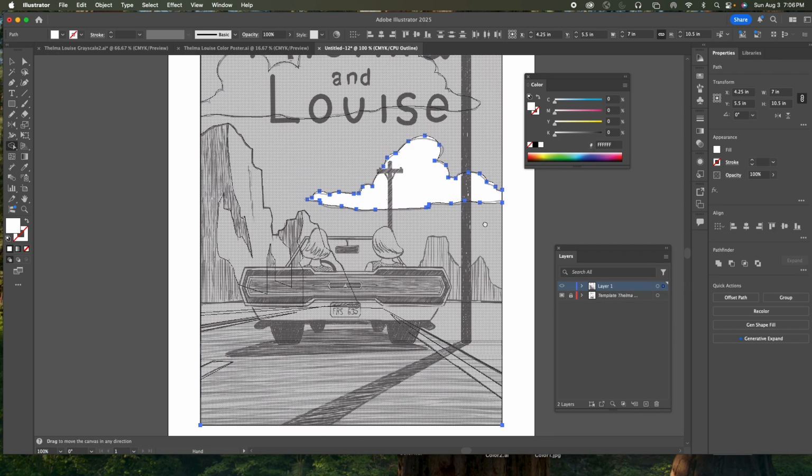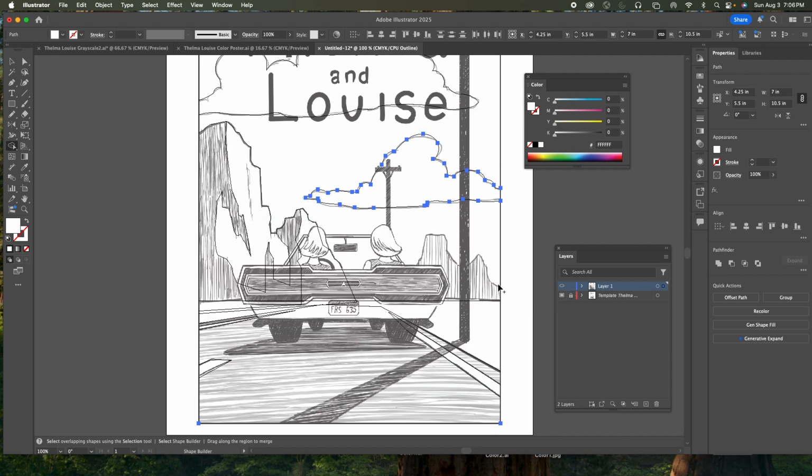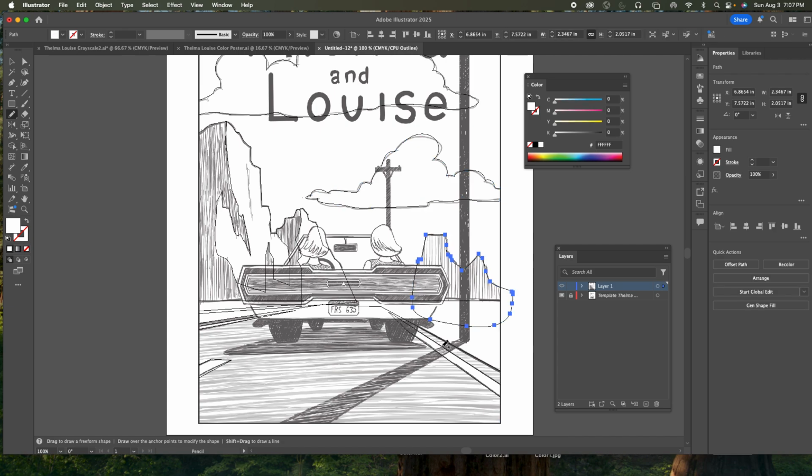There's one other shape I've got to build on this layer, and that is this background mountain. The one thing the pencil tool doesn't do well is the sharp corners. So we'll see how this looks, because I might want to draw this with my pen tool. But like I said, I like using this. I didn't do a bad job. I think I can live with that. Now the thing is here,